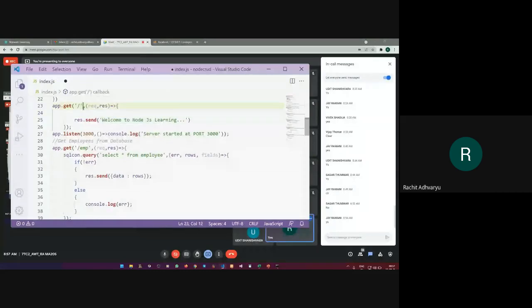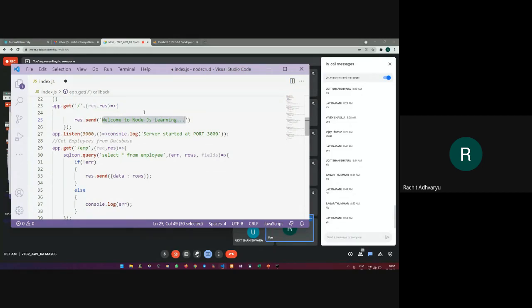Now, what does this particular app.get actually contain? This is very much important. So it says app.get slash. Here I'm saying what URL I want to use to print this particular message.